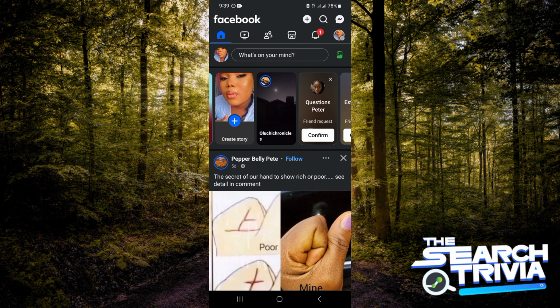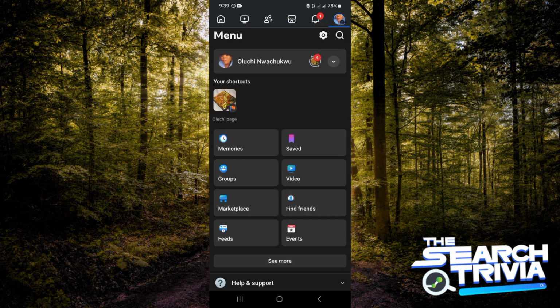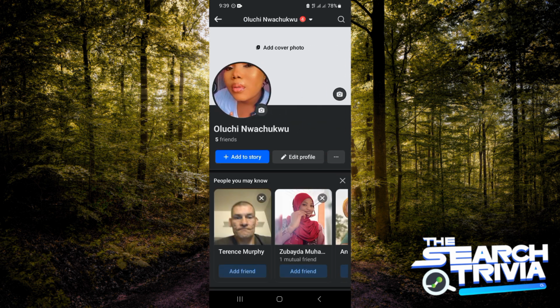Now the first thing you want to do is to be on your Facebook application. Now the next thing would be clicking on your profile icon at the top right hand corner of your screen, and then you're going to be tapping on your name or your profile. Now as you can see, I have 5 friends in this account, and the next thing you want to do